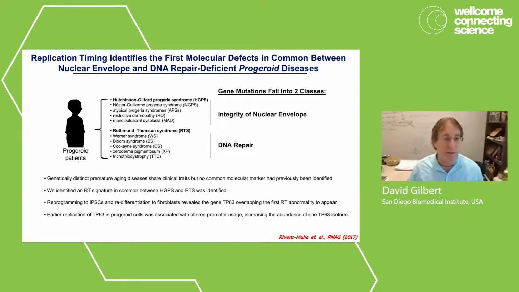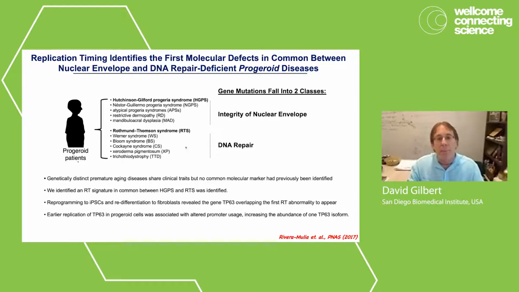Okay, so the second story I'm going to tell you about derived from a collaboration we had studying replication timing in aging and senescence, and we didn't really find much in the way of replication timing changes in individuals' different ages or senescing cells. But in the process of this, Juan Carlos, whose name you see a lot, a very talented former postdoc who's now a professor at the University of Minnesota, was very active in my lab in the 2000 teens.